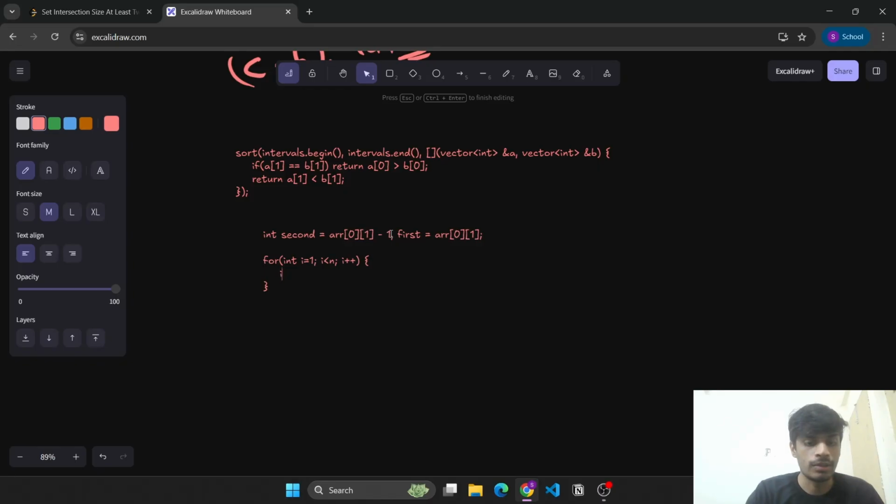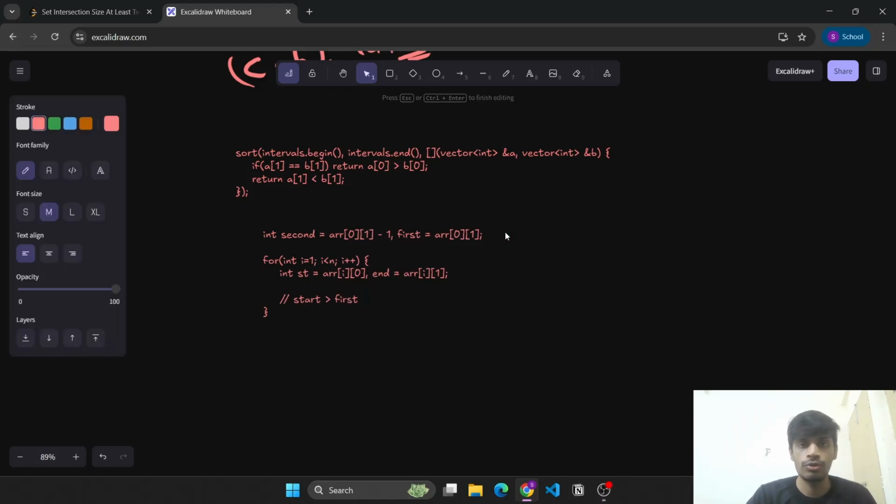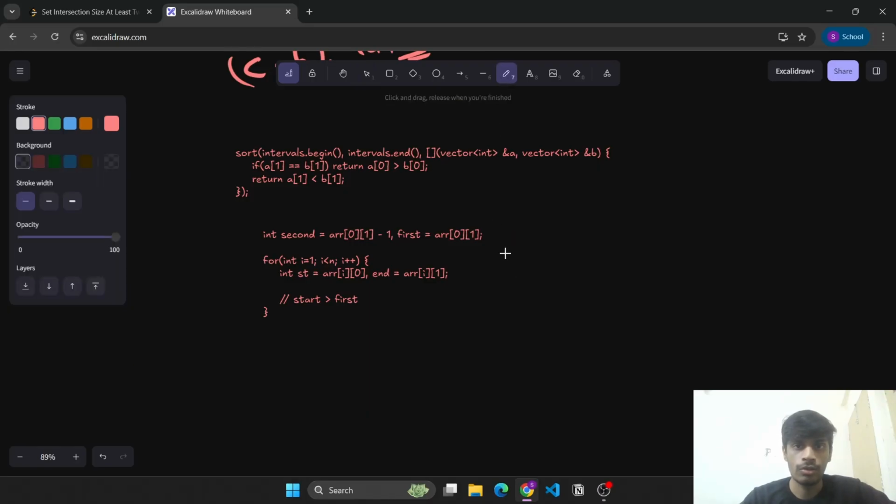Now we have two cases here. Suppose current start is arr[i][0] and end is arr[i][1]. Now there arise two cases. First is when start is greater than first. So these were the two values, second and first, which were chosen for the last interval,